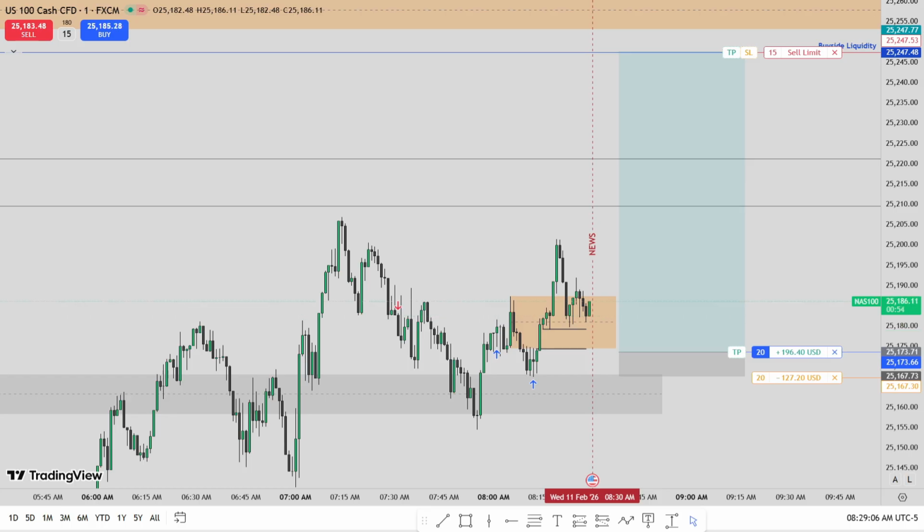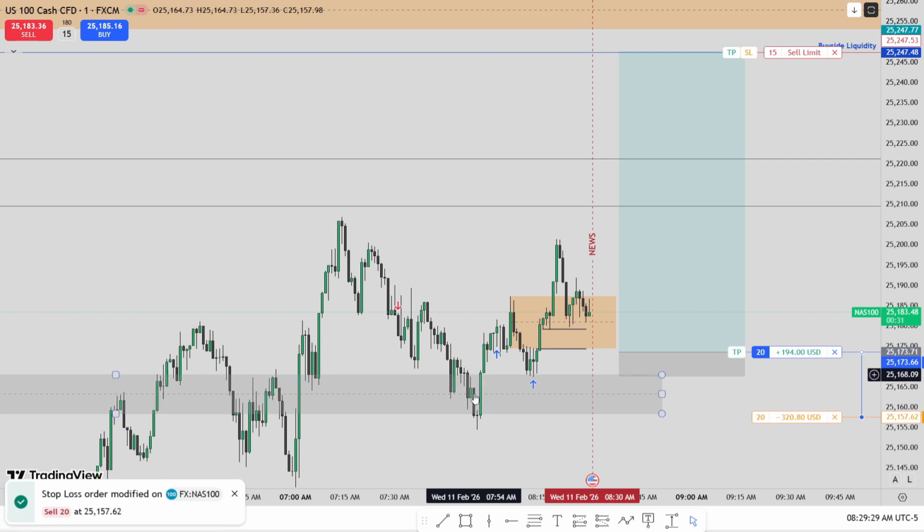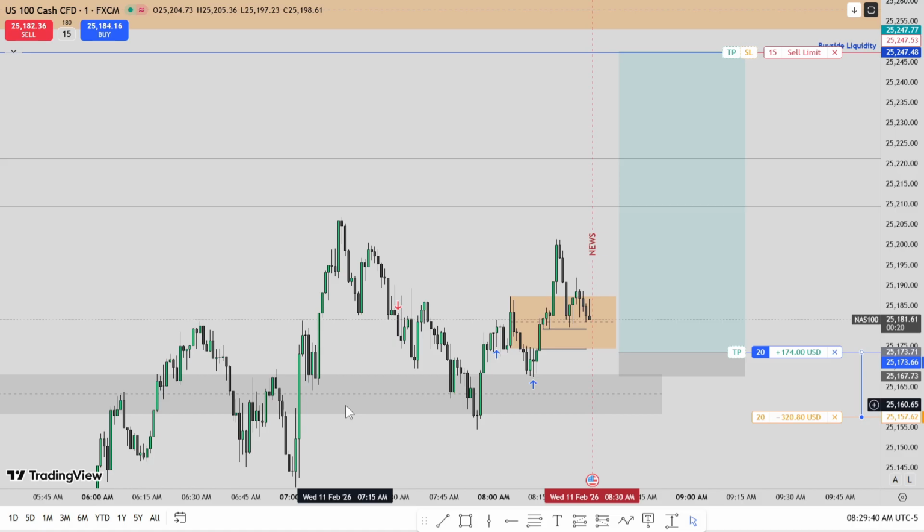Okay, one more minute for the market to open, for the news to come out. Let's see what happens. Looks like it's probably going to shoot up, but I think we might tap into that gap. I'm going to widen my stop loss here in case price comes back down, takes out this low and taps into this order block, this down close candle within that IFVG. I'll show you this on the 5 minute time frame later. But let's see what it does.